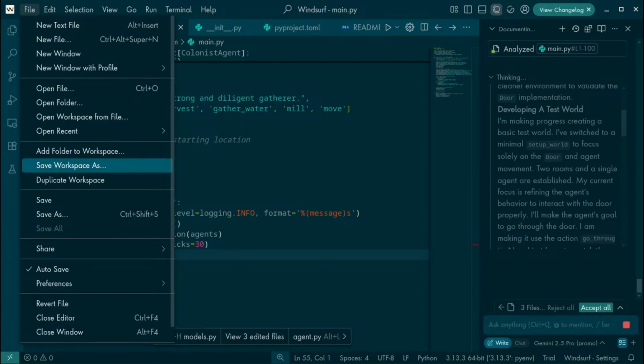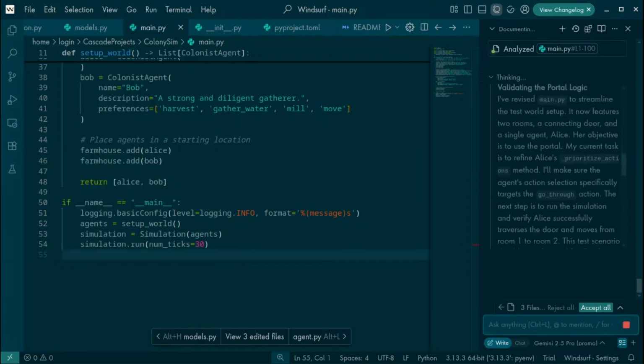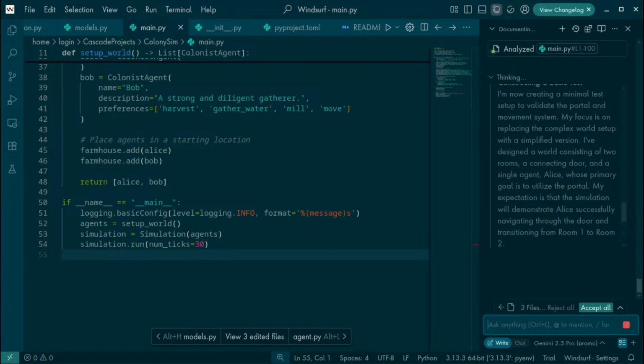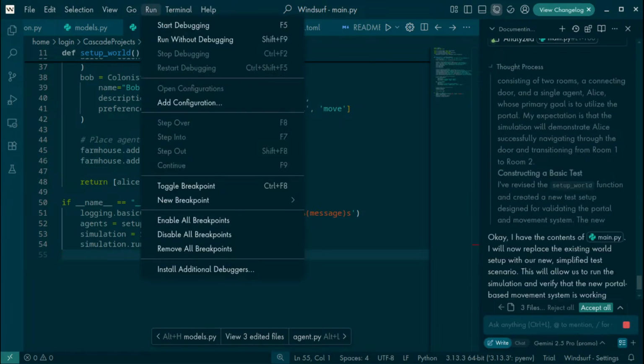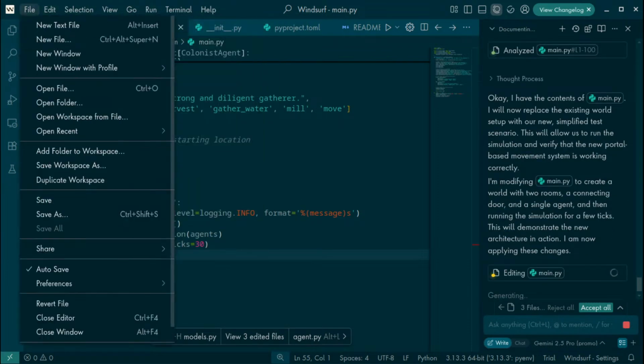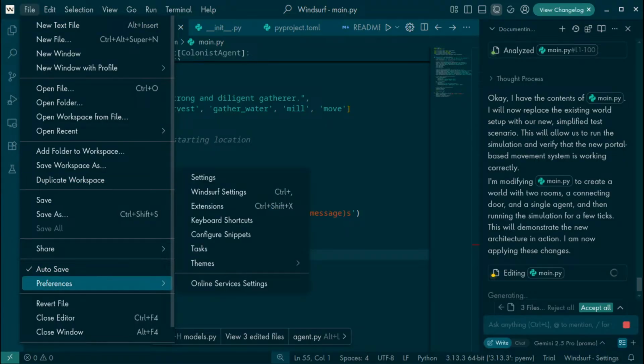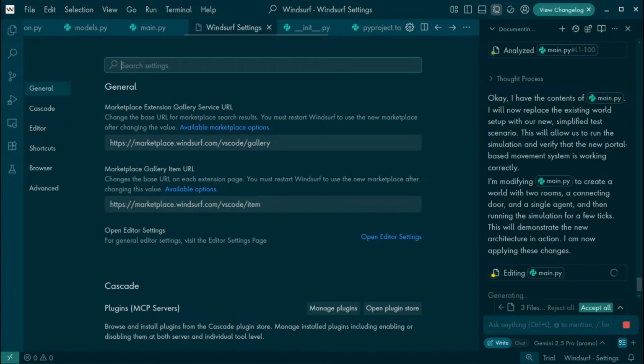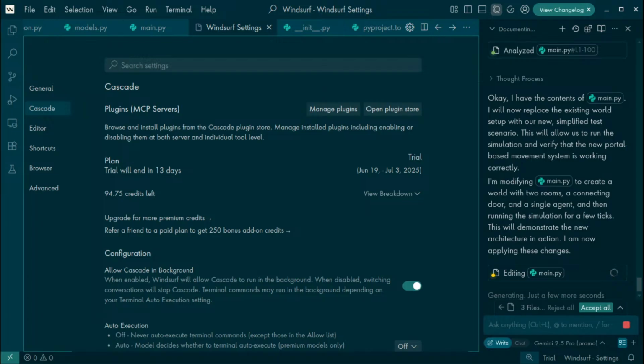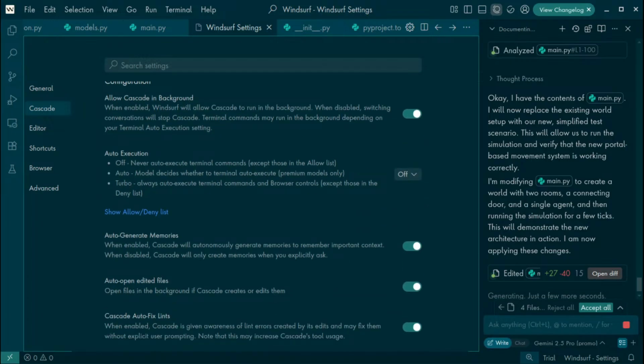While I'm at it, is there a way to just let him automatically run the commands that he tries to run? Preferences, Windsurf settings, Cascade, auto execution. Turbo.